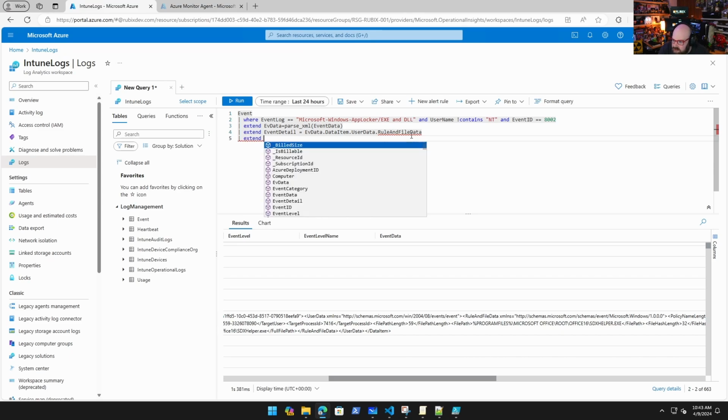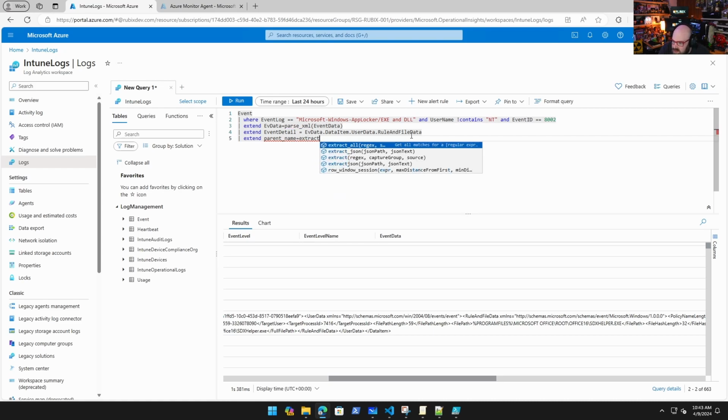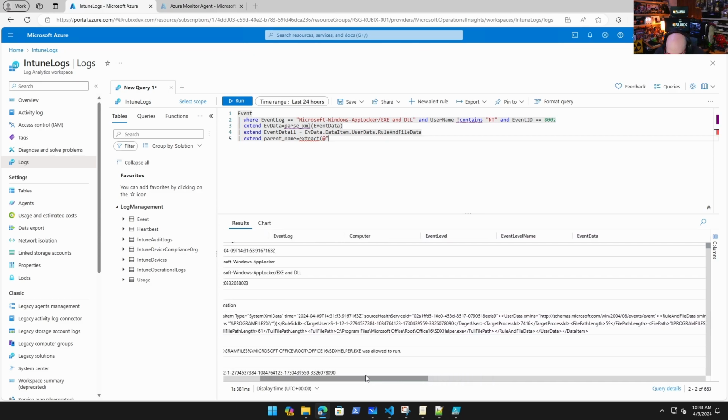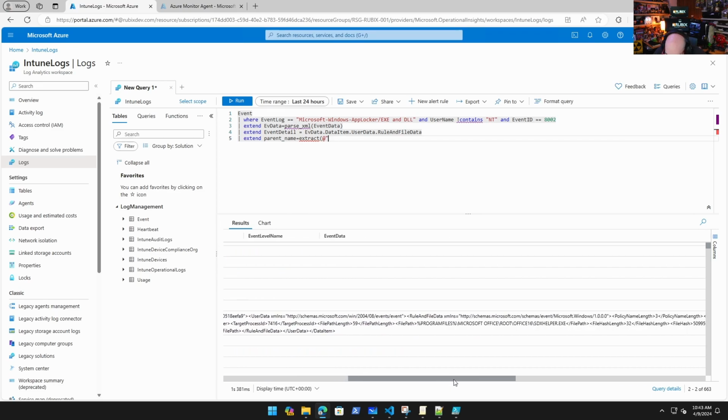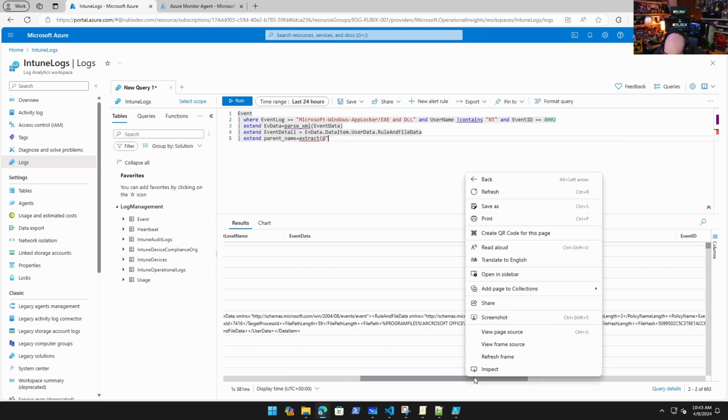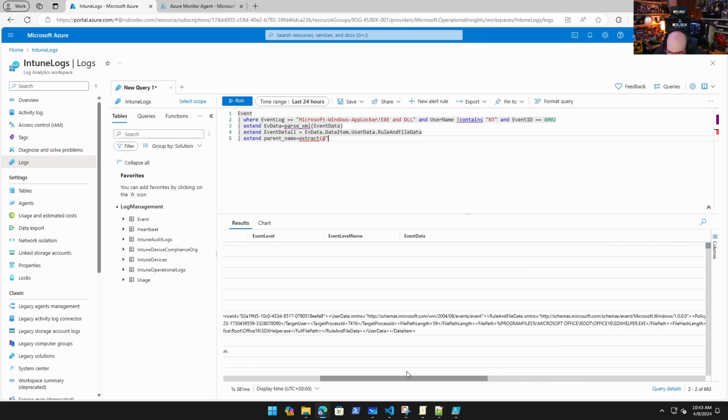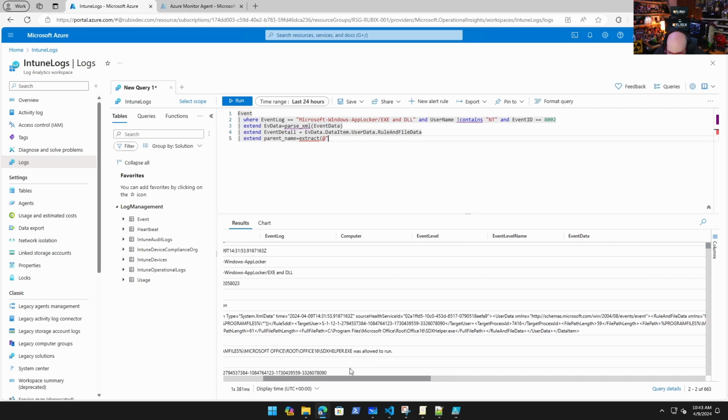And then we're going to extend the parent name, and we're going to extract that. So the parent name, just so you can see where we're getting that from. File path length, file path. So basically, once we get to the rule and file data, we're going to extract all these